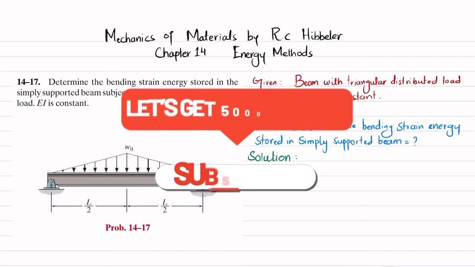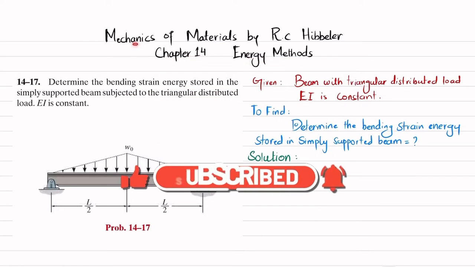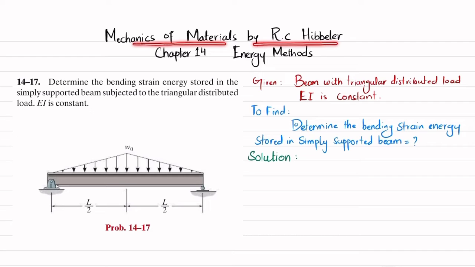Welcome back. In this video, we are going to solve problem 14-17 that is taken from chapter number 14, Energy Methods, and the book name is Mechanics of Materials by R.C. Hibbeler. The statement is: determine the bending strain energy stored in the simply supported beam subjected to triangular distributed load. EI